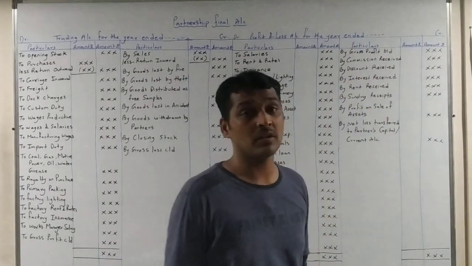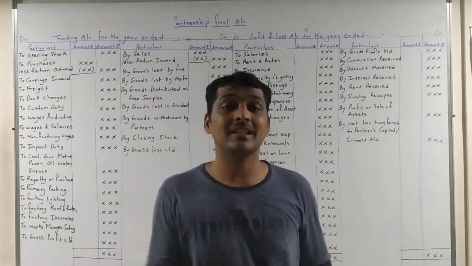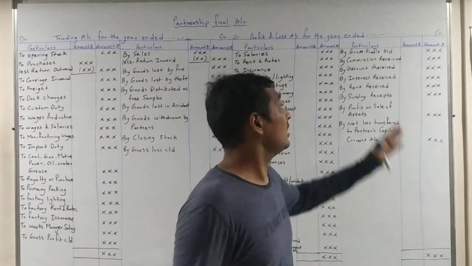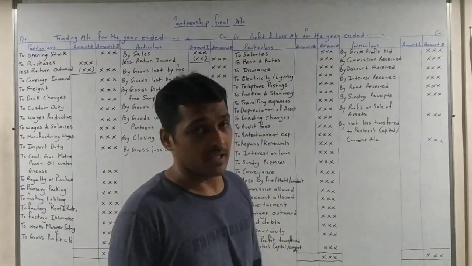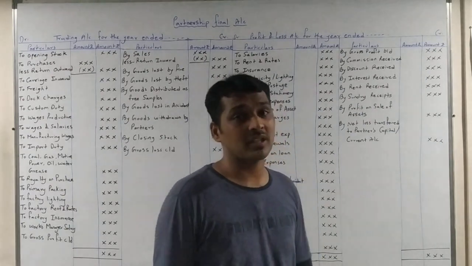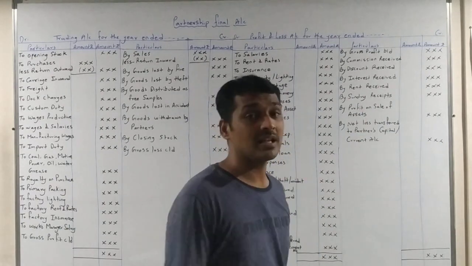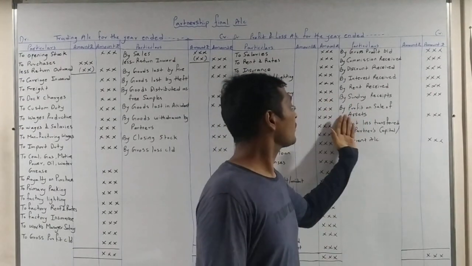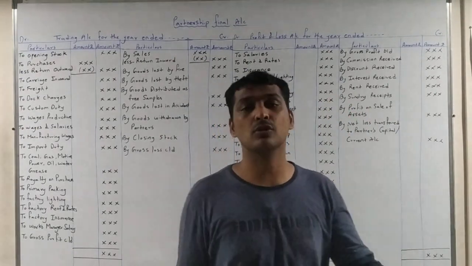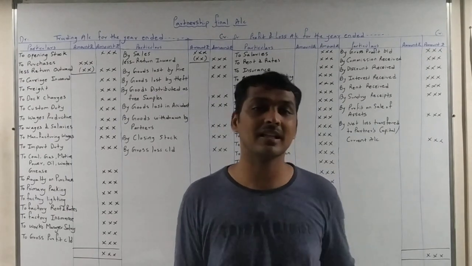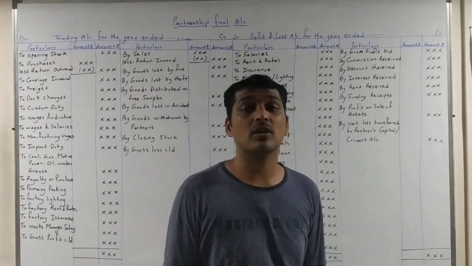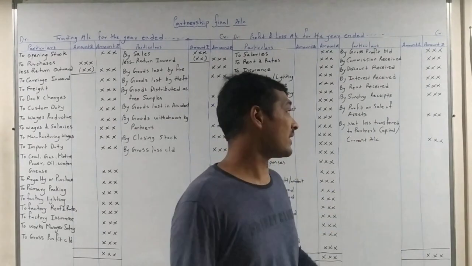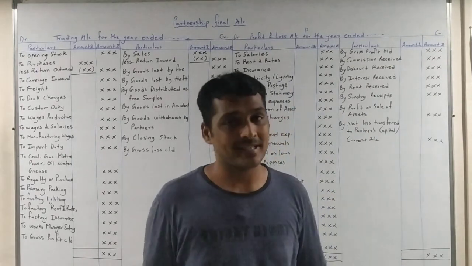Then discount received. You might know the discount while selling goods: discount is given, or we get the discount. So discount received is an income and it is recorded under the credit side. Then interest received. Whatever interest is received is an income and it is recorded under the credit side as it is related to office. Then sundry receipts, profit on sale of asset. If some asset is sold and you get some profit out of that asset, that is also recorded under the credit side because it is an indirect income related to office. That's why it is recorded under profit and loss account, credit side.